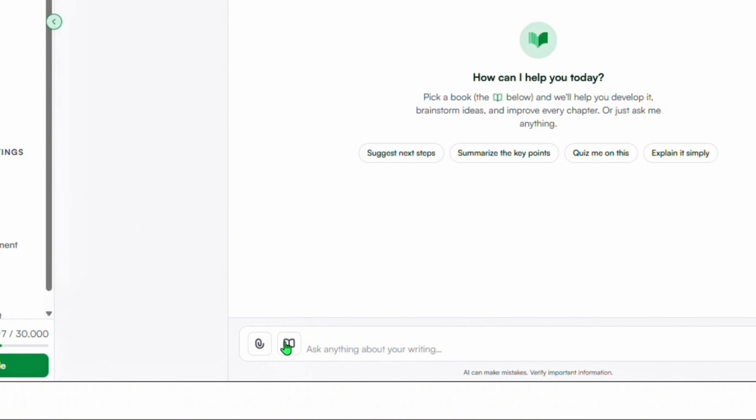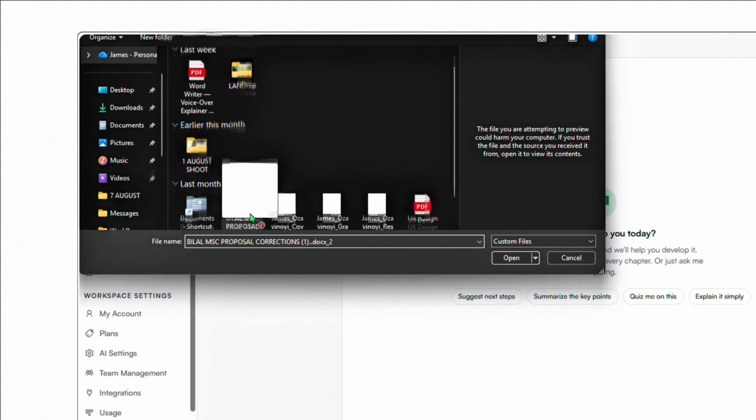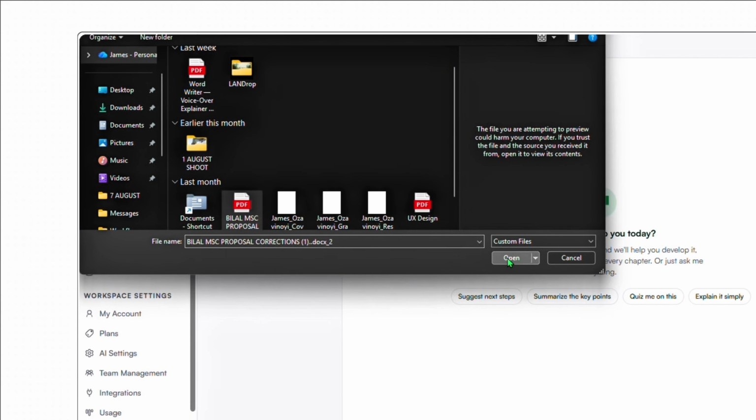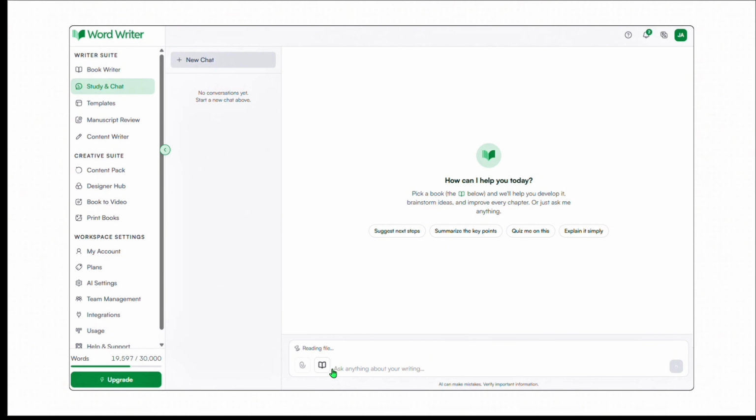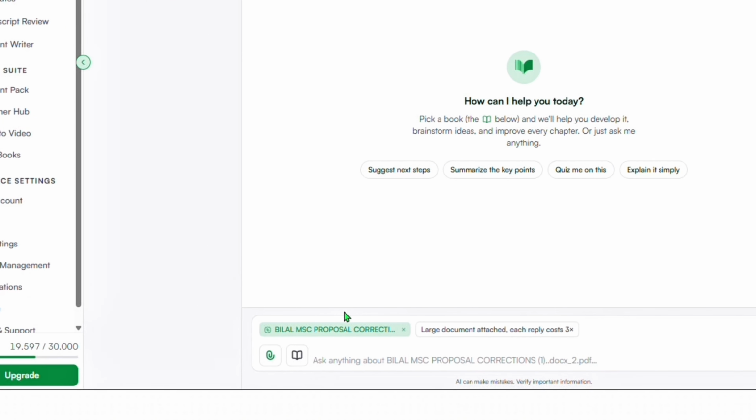If we already have a document on our computer, we can also use the attachment option to upload it. From here, we can locate the document we want to use and select Open. Once the document is attached, it appears in the chat area. Now WordWriter knows which document we want to work with. We can see the attached file below the chat box, and we can now ask questions or give instructions based